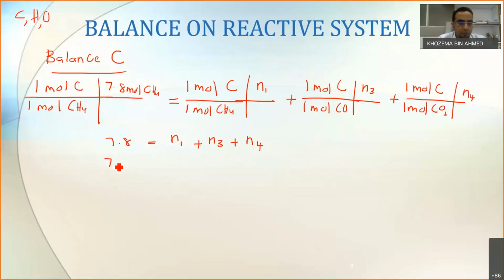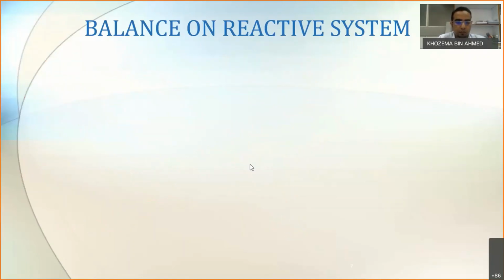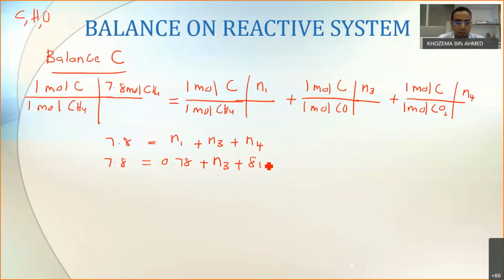I can get 7.8 is equal to N1, which is 0.78, plus N3 plus N4, which is equal to 8 times N3. So I can just put here 8 N3. And solving this, I can get the value of N3 is equal to